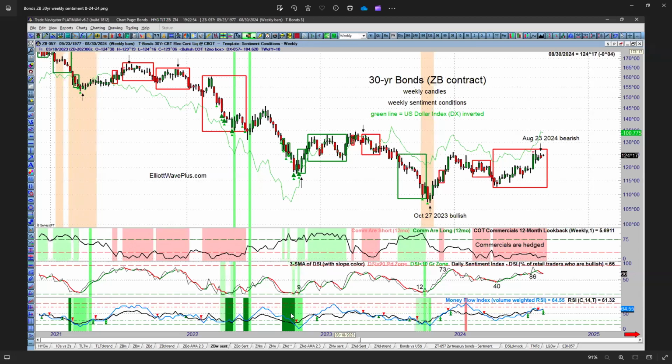And then vice versa also occurs, where if the RSI is above 70 and it's in its overbought territory, and the money flow indicator is below that, that is a warning of a significant top. So this is 30-year bonds. And here's the point I wanted to show, and I'm going to close